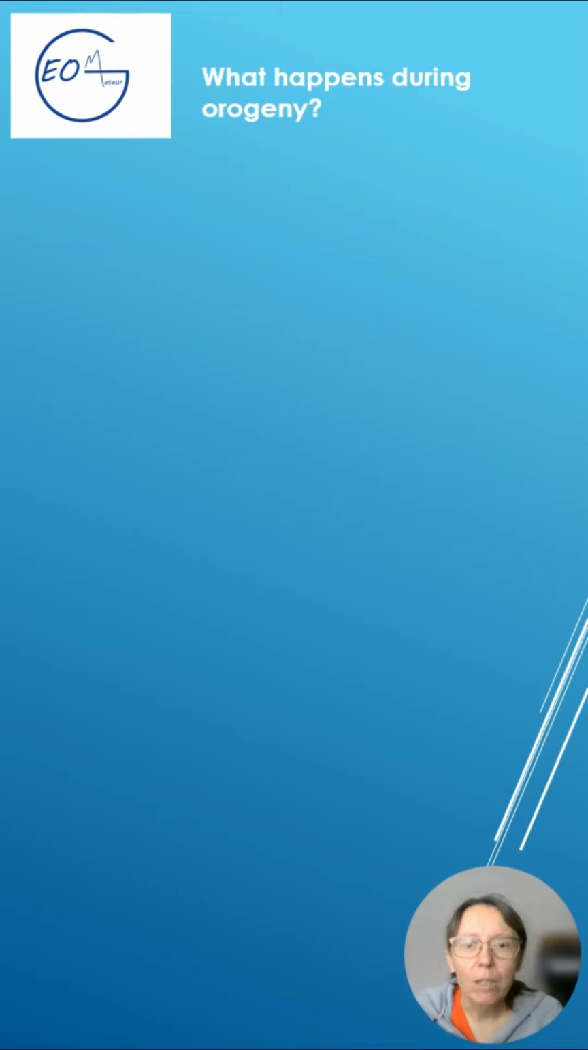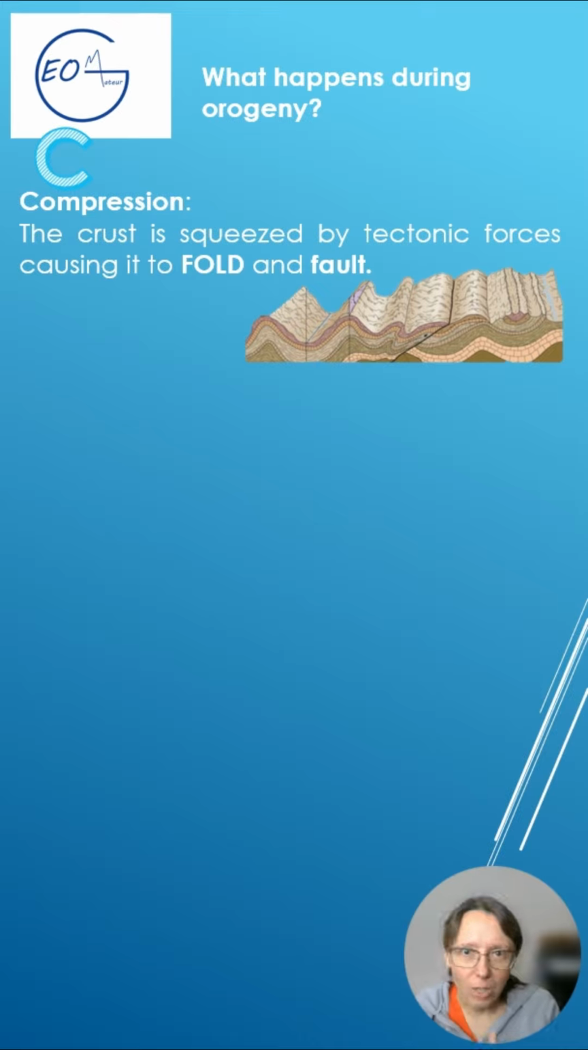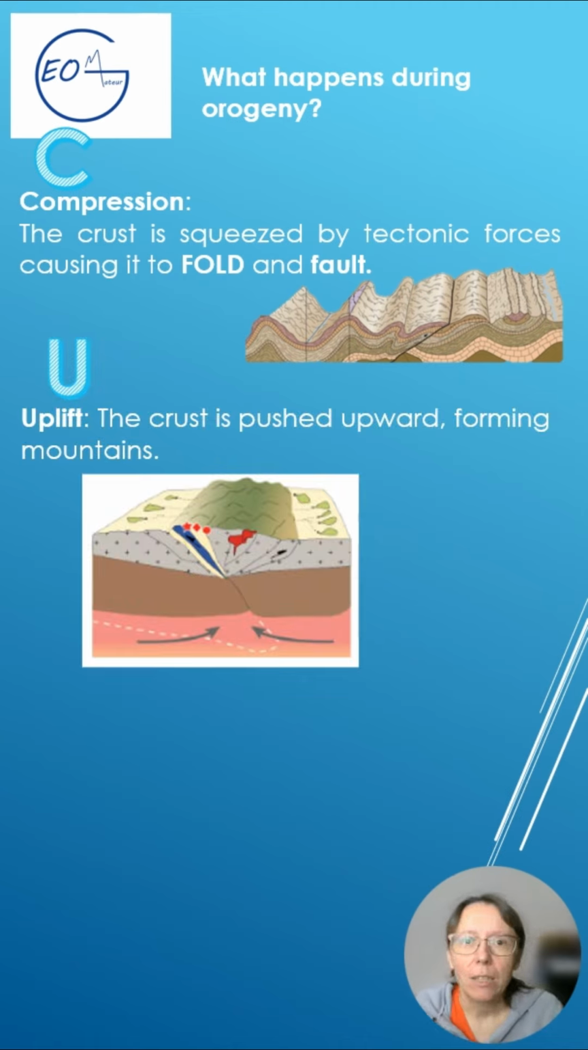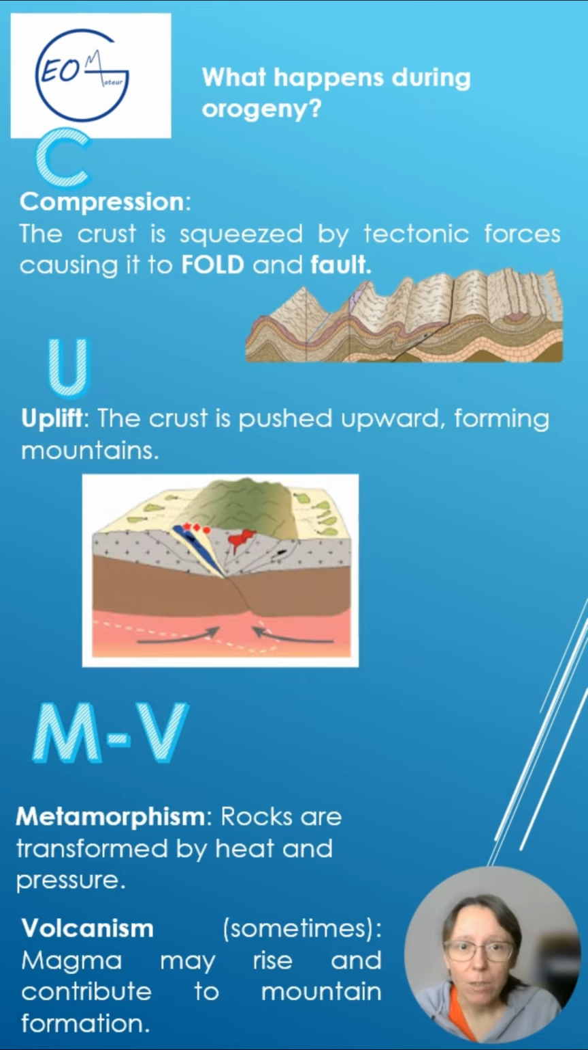What happens during orogeny? There is a compression. The crust is squeezed by tectonic forces, causing it to fold. There is an uplift. The crust is pushed upward, forming mountains. Also, metamorphism and volcanism occur. Metamorphism because rocks are transformed by heat and pressure, and volcanism occurs sometimes because magma may rise to contribute to